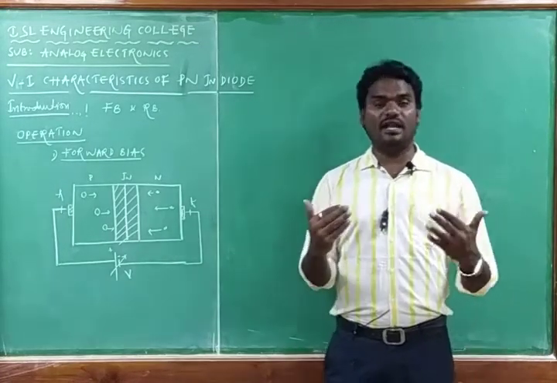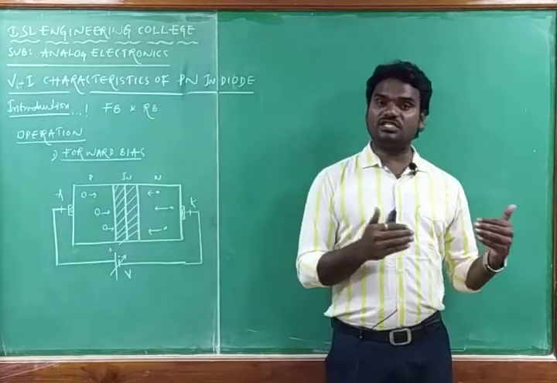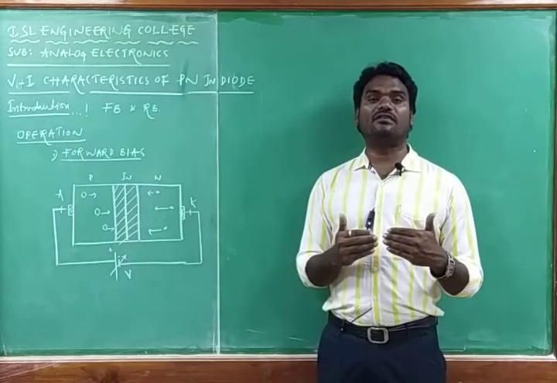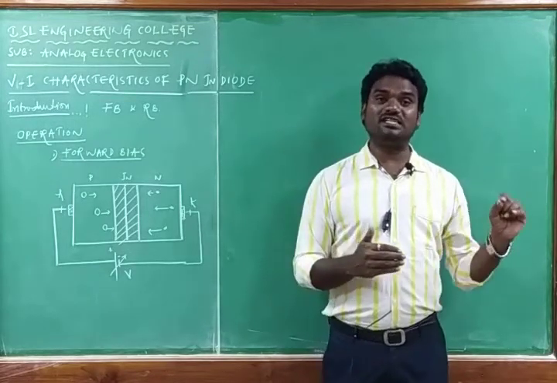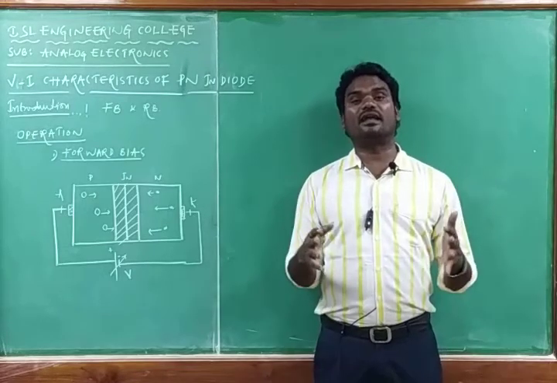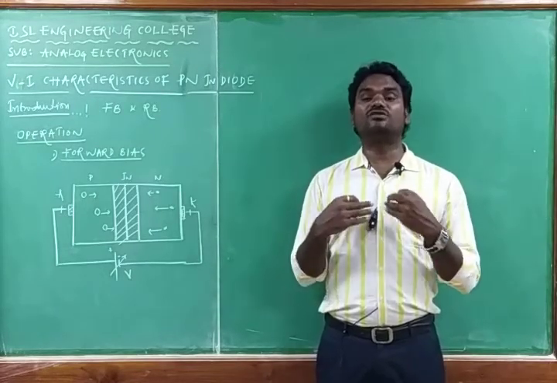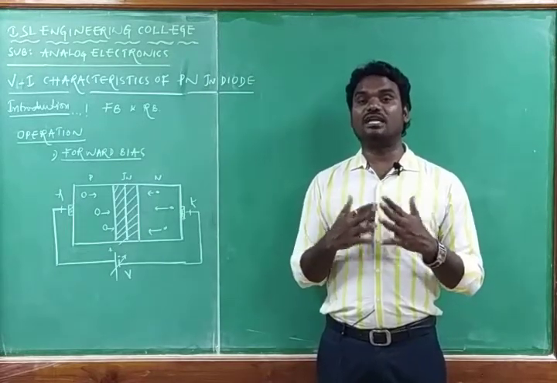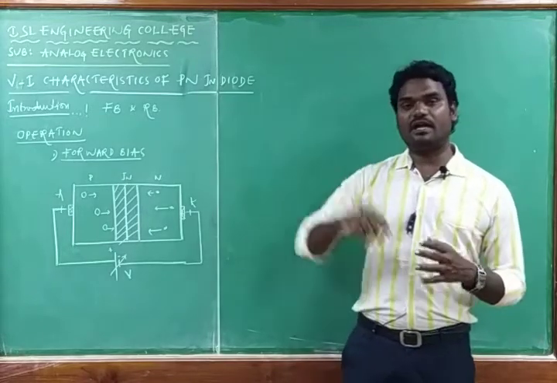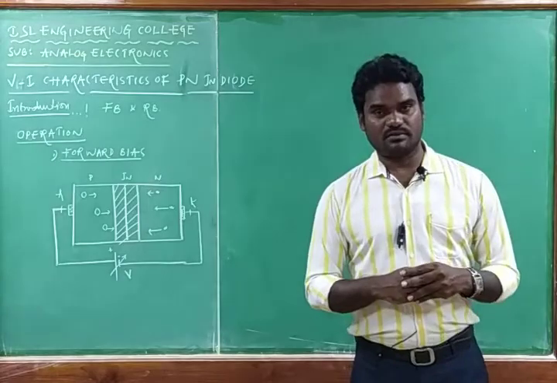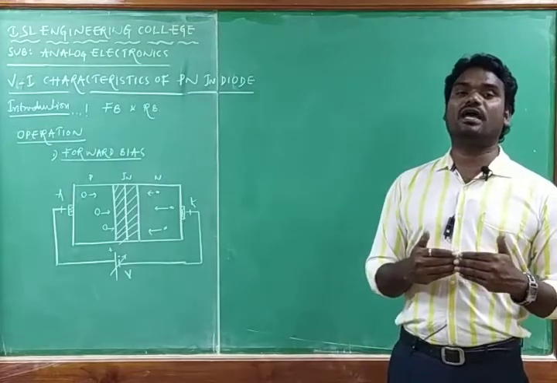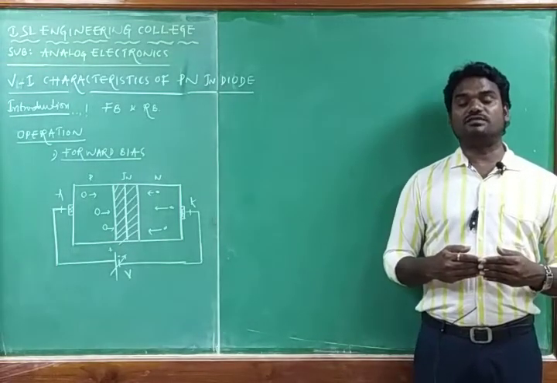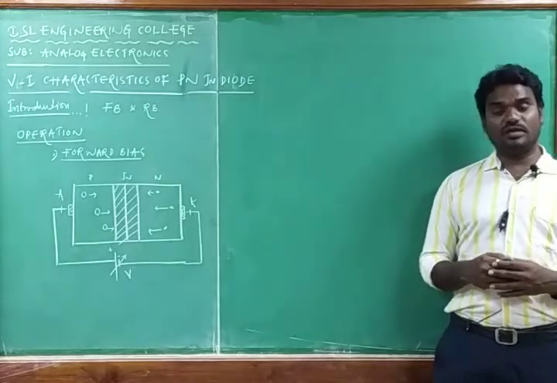Cut-in voltage can be defined in forward bias, whenever the anode of the PN junction diode is connected to the positive terminal and the cathode is connected to the negative terminal. At one particular point of external DC voltage, the diode is ready for current conduction. From that voltage onward, the diode conducts current, and that voltage is named the cut-in voltage, denoted by V gamma. Generally, for the silicon PN junction diode, the cut-in voltage is about 0.6 volts, and for the germanium PN junction diode, it is 0.2 volts.